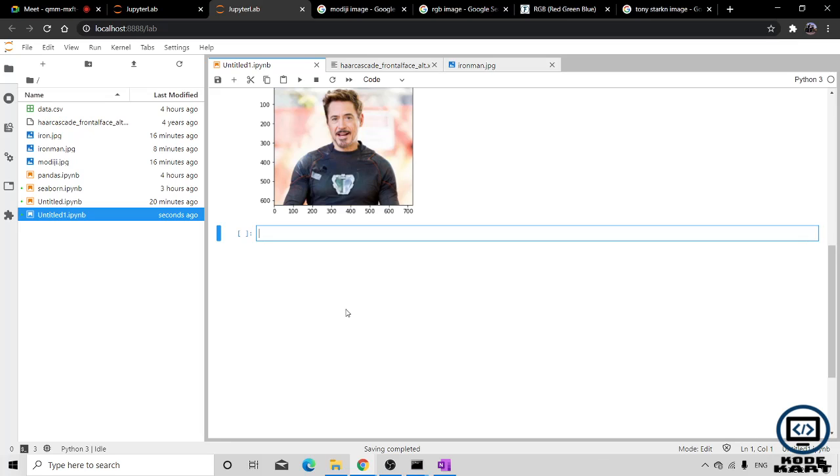For the face recognition, we are going to use the Haar cascade frontal face file, which is an XML file. With the help of cv2, we are going to generate a classifier, and with this we are going to do our face recognition. So for generating our classifier, we do classifier equals cv2.CascadeClassifier, and I'm going to pass the Haar cascade file here.